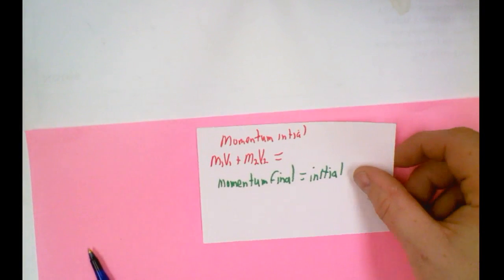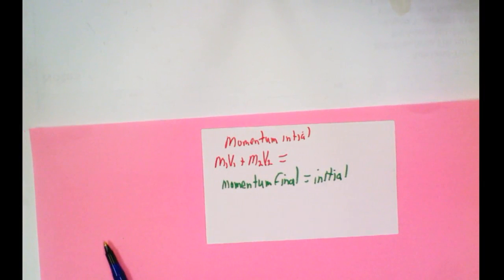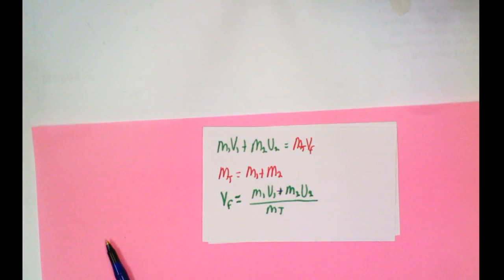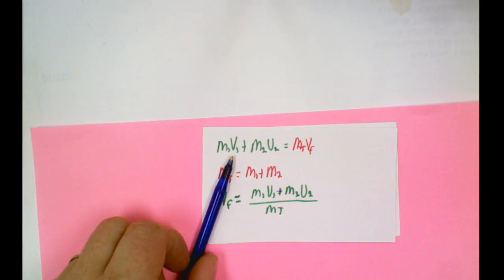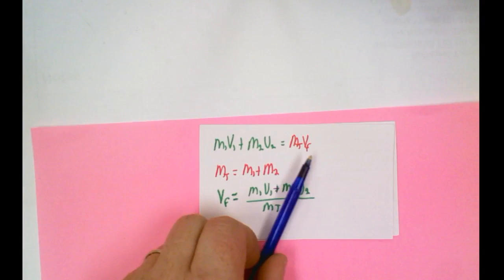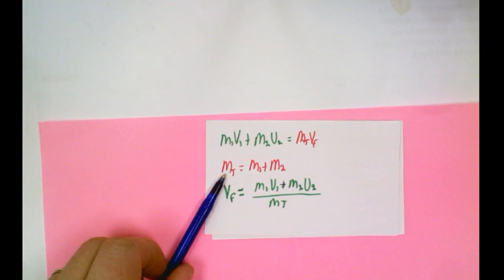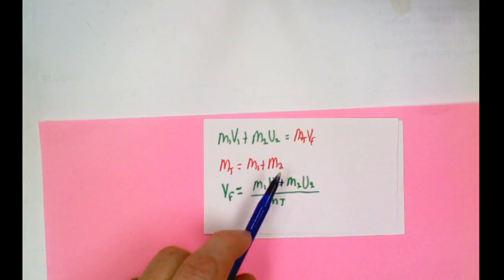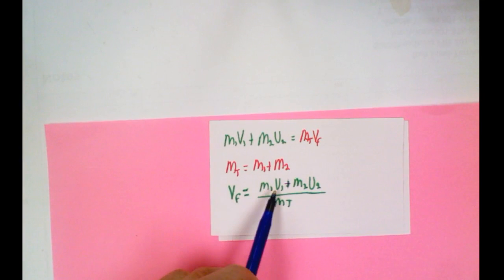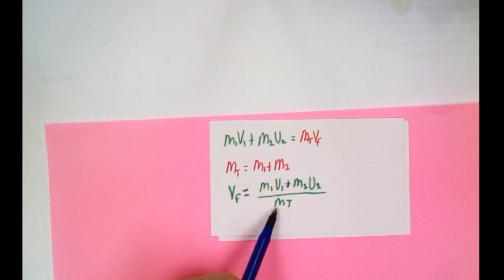Well, we've split the recording into two pieces, so I'm going to repeat myself here and say momentum initial equals momentum final. Once again, we have the conservation of momentum version of the formula, which is the mass of the cart before impact plus the mass of the second cart before impact equals the combined mass and the velocity after impact. Mass total is the first mass plus the second. If I want to solve for the velocity final, m1v1 plus m2v2 divided by the total mass will tell me